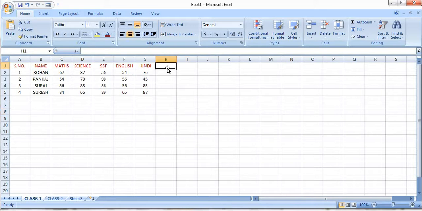Suppose I want the total here, and I am making it also that one. Now here I want the addition of all these marks of Rohan, right? So what I will write from my keyboard, whenever we calculate anything, apply any formula or function, always write it with the equal to symbol. So I am writing equal to here, and after writing equal to, what is the address of this cell?